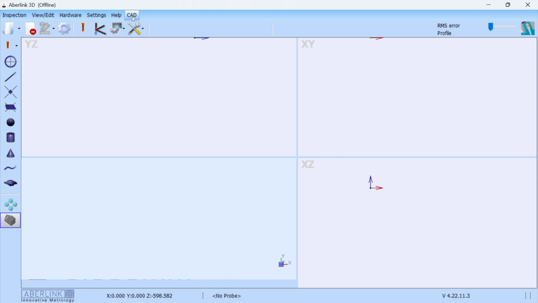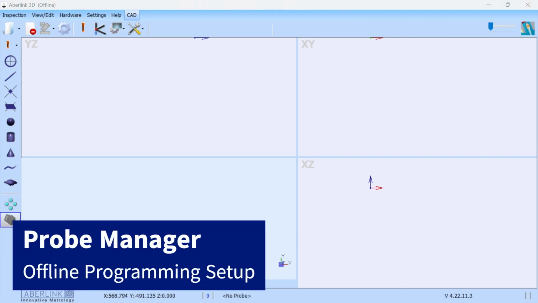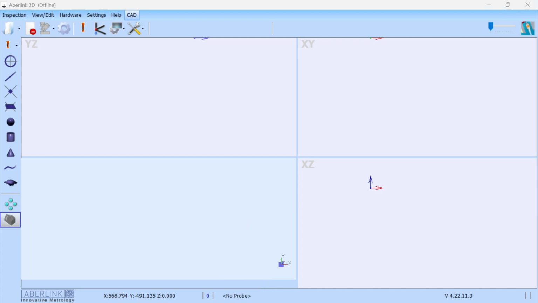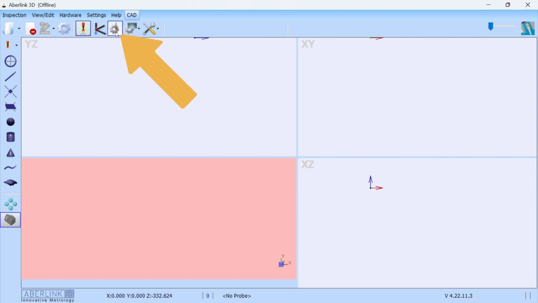So we have a CAD toolbar with all the tools available. So that is how we open and get started with the CAD software. The Probe Manager in the offline software works completely differently to the Probe Manager on the CMM. So it's important to note, when programming offline, we need to switch our probe on, click on the same icon